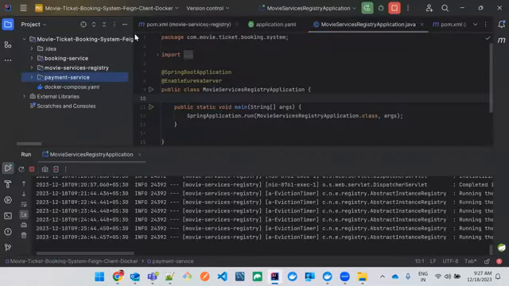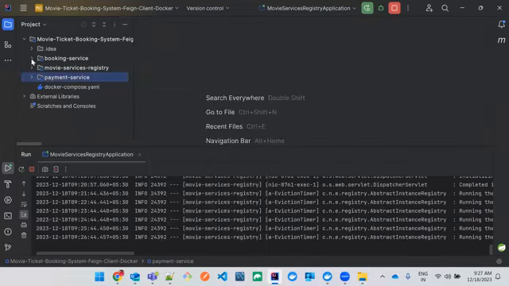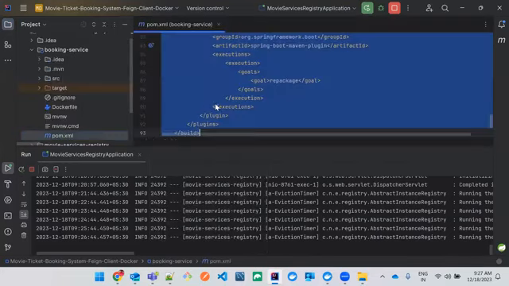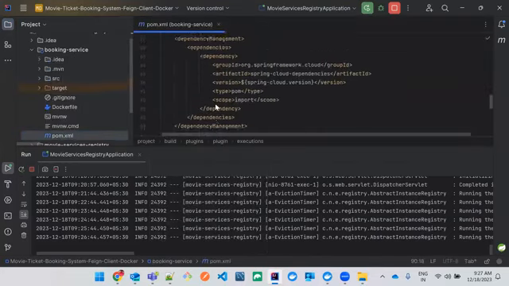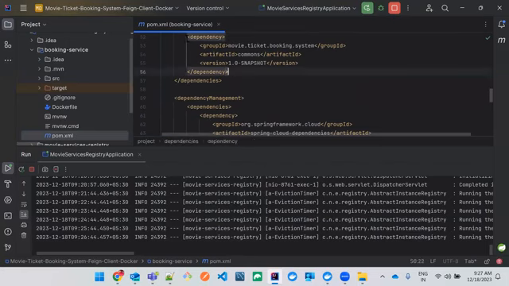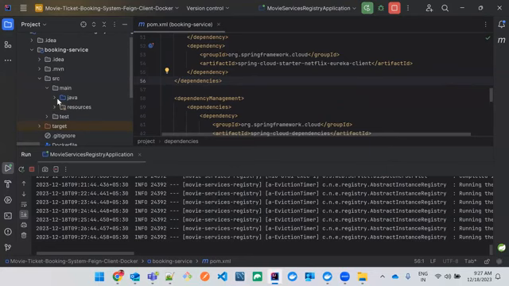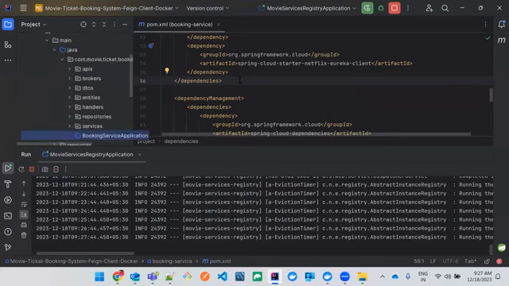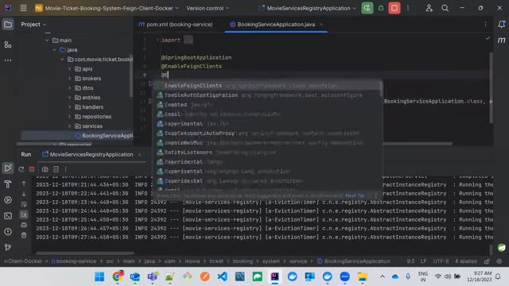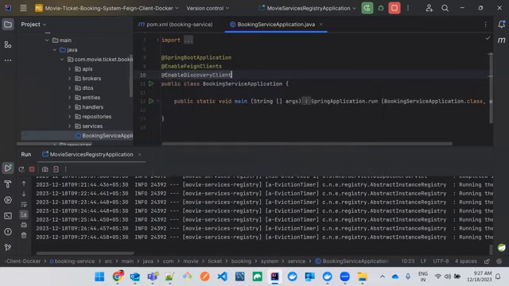Let me close all the applications and go to the booking service. And here, I just wanted to include, I don't know why this is there over here, so I can just copy paste it over here, the Netflix Eureka client. And then if I go to the main Java application of this booking service application, I can simply use one annotation called @EnableDiscoveryClient. Now, once you do this, and once you run this application,